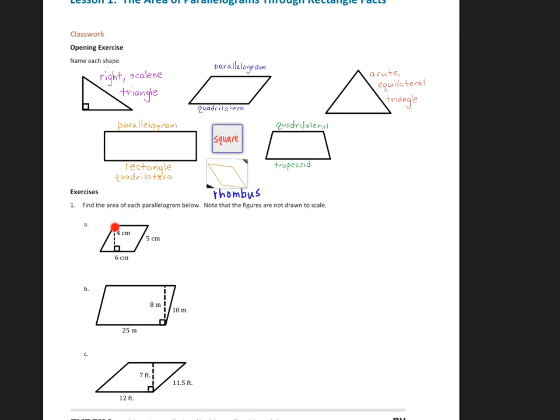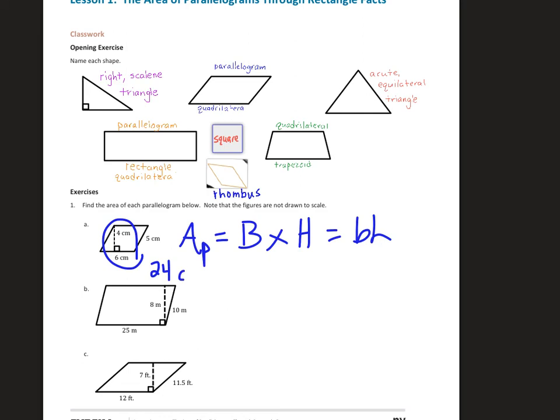You'll notice the height of this parallelogram is only 4 centimeters. But the length of my diagonal lines, which would usually be longer because they're pulled at a bigger angle, so it makes the side a little bit bigger as well, is 5 centimeters. The good news is I don't care about these diagonal sides. All I really care about is base and height. So the formula for the area of a parallelogram is base times height. And you might just see BH, right? Base times height. So we're just doing 6 times 4 here, which is 24, and that's going to be centimeters